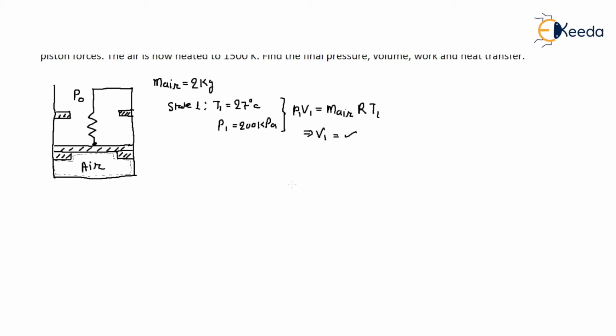If we draw a pressure volume diagram, this is your pressure, this is your volume. At P1, how much pressure? 200 kilopascal, and there is V1. So you have point number 1, right? And when the heat is supplied to the system,